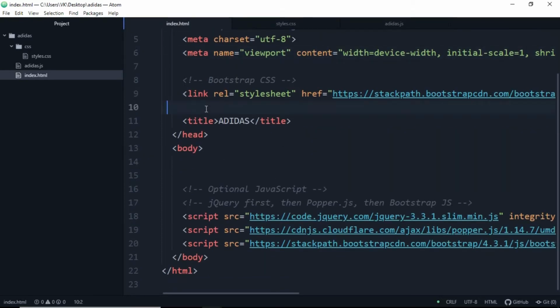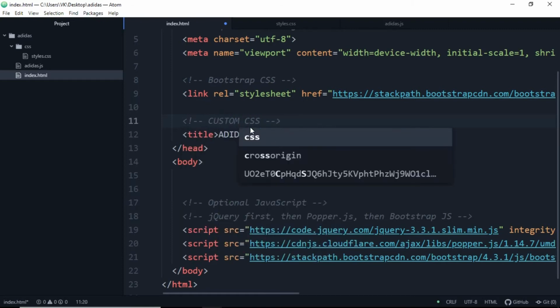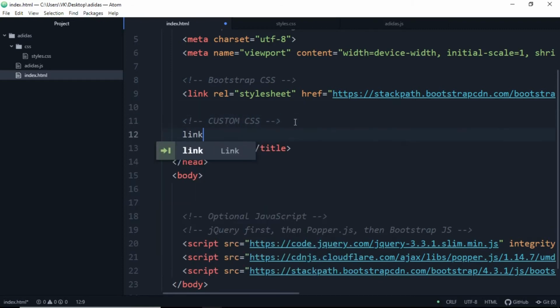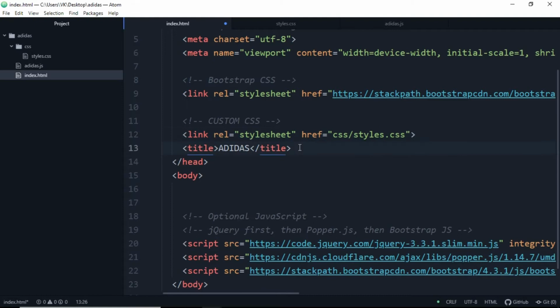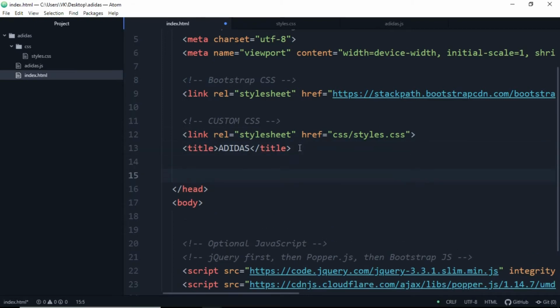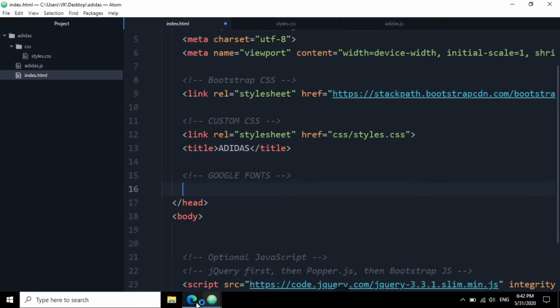Gonna link our CSS file here that is custom CSS. Comment it out as custom CSS, link relation style sheet, css/styles.css. Alright, now let's add another comment that is Google font. Let's visit our browser and search for Google fonts.